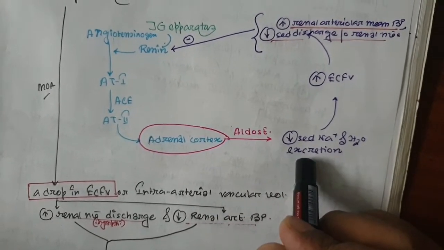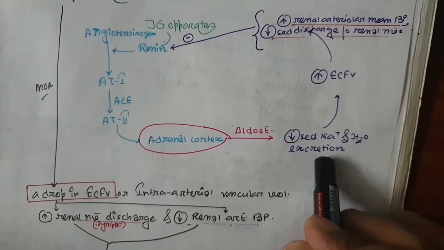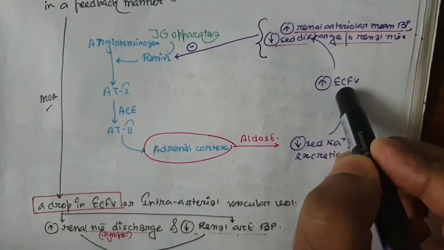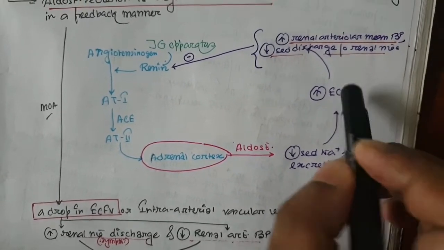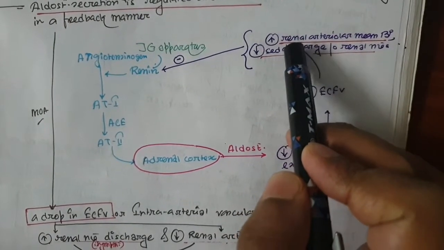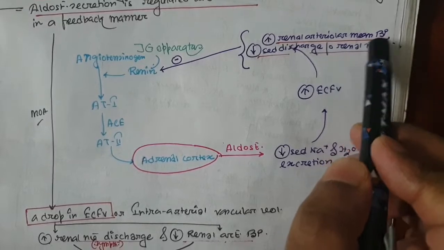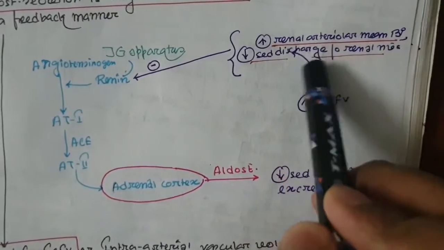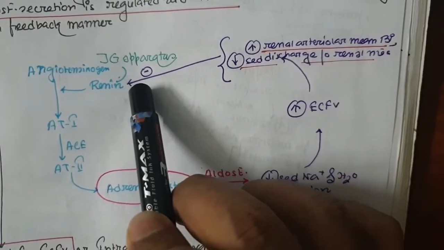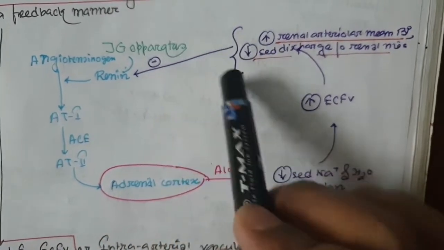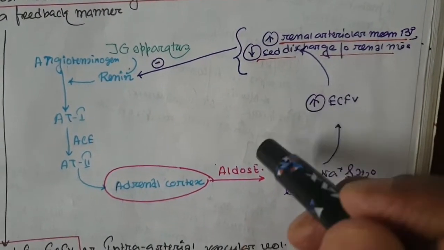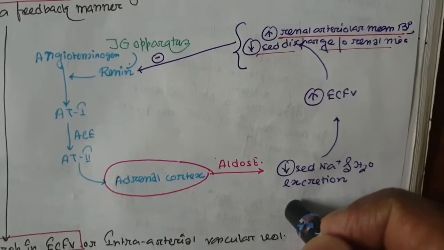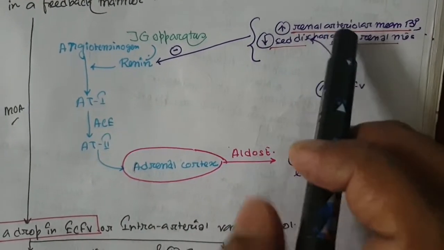This aldosterone, we know, has its main action on sodium and water retention and decreased excretion of them through the urine. Therefore they increase the extracellular fluid volume, or extracellular fluid volume expansion, and the net result is increased renal arteriolar mean blood pressure and decreased discharge of the renal nerves. When they occur, they inhibit renin secretion from the juxtaglomerular apparatus, and by this mechanism there is a feedback manner to control the sodium and water balance inside the extracellular fluid compartment